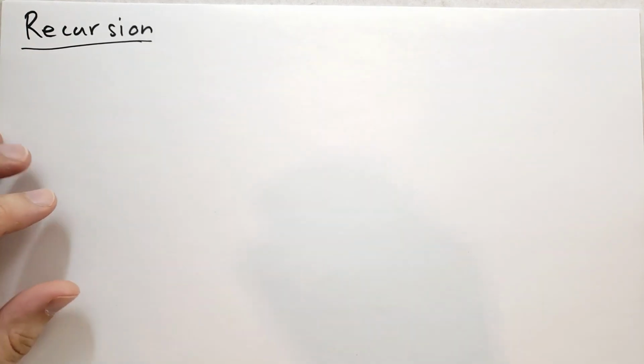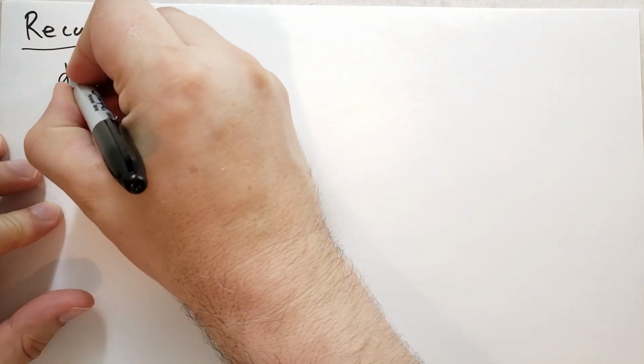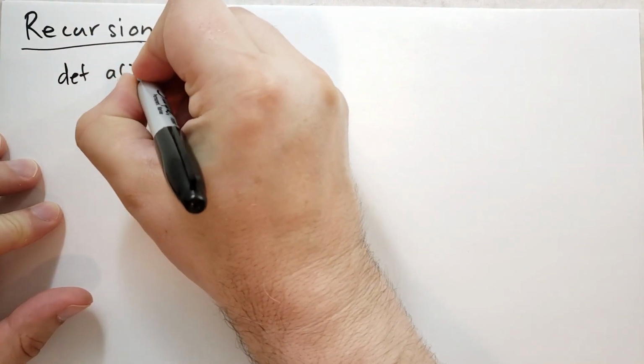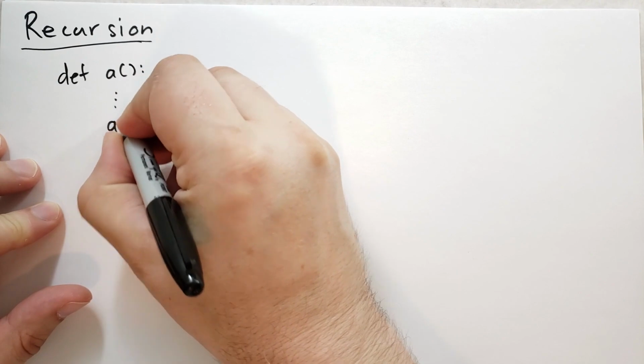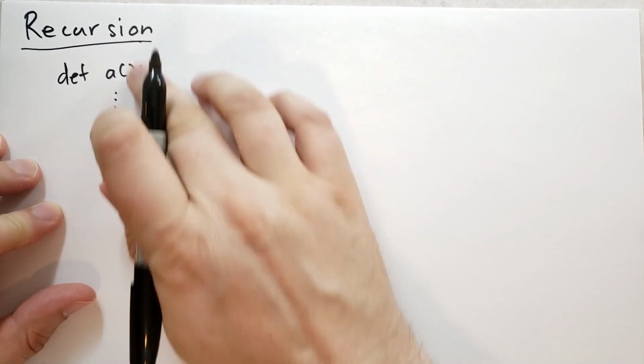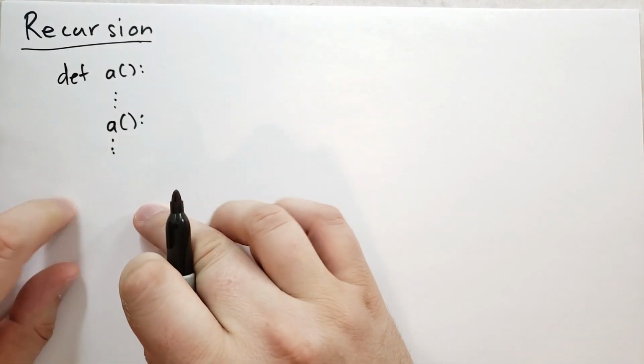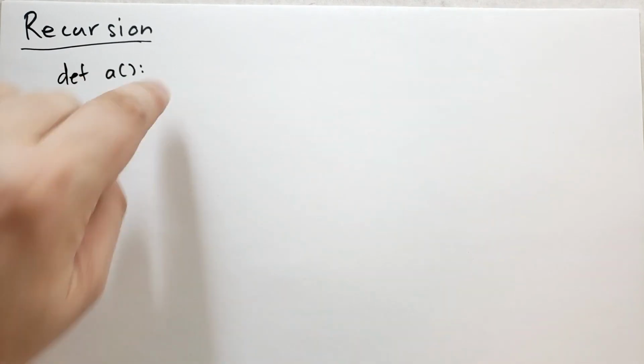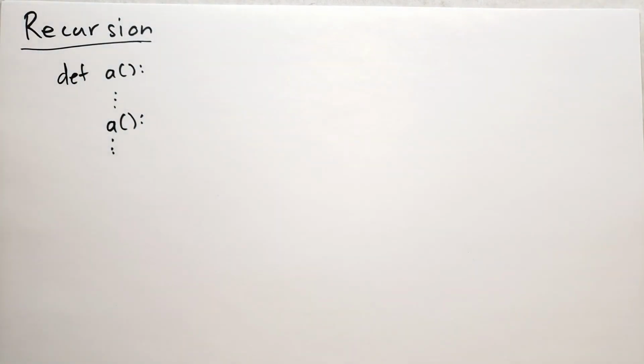All right, so recursion. What is recursion? Recursion is when you call the same function you are in. So something that looks like this. So you have some function A, and as part of that function A, you call back into itself. Okay, this is recursion. All right, it's a very popular topic in mathematics because so much of mathematics relies on